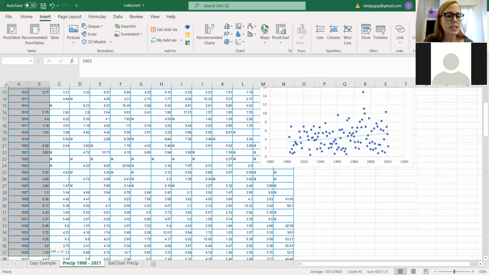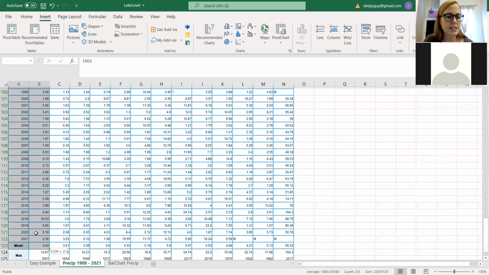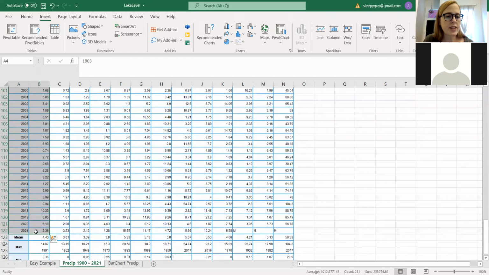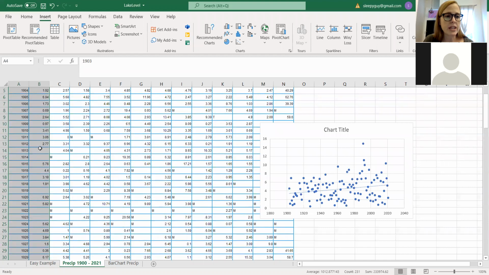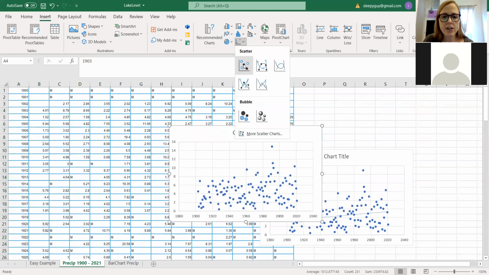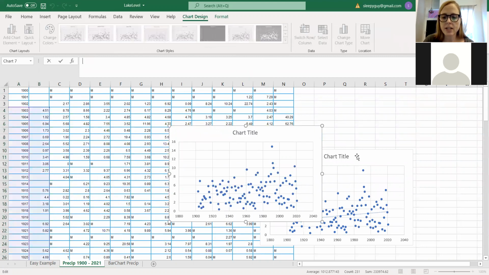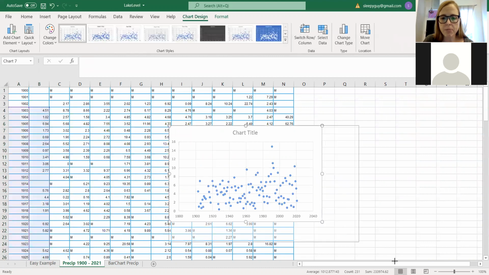So I'm going to highlight this with my mouse. Again, the date is on the left-hand side, and that's going to be my x-axis, or the year is going to be the x-axis. And then the y-axis is going to be the precipitation. Okay, so I'm going to come back to insert charts, go to scatter, and here's the chart here. So if I can make it bigger,